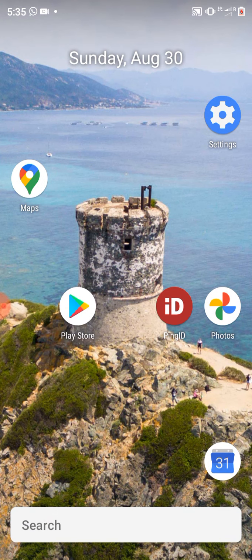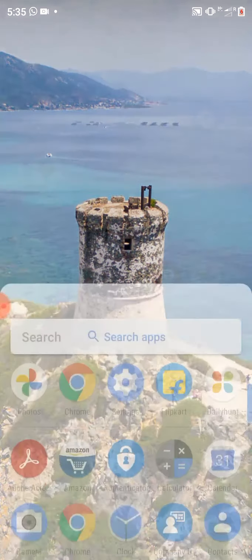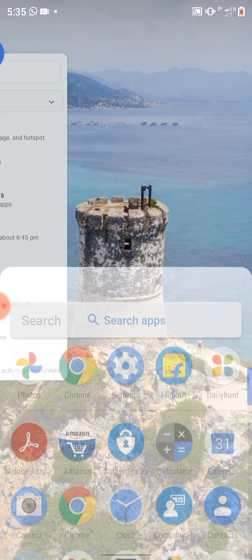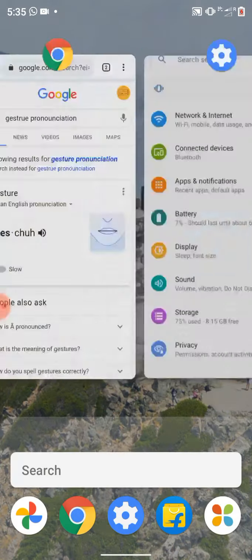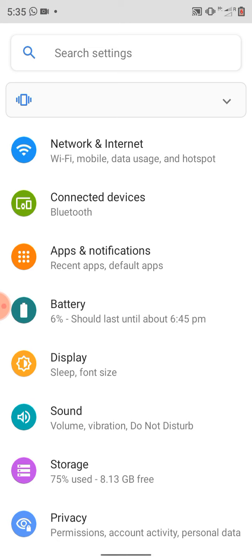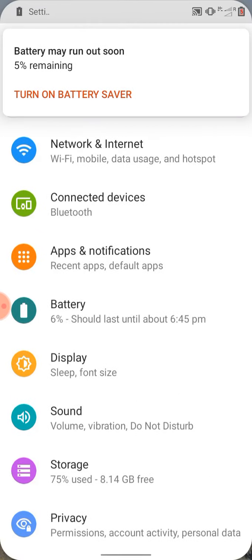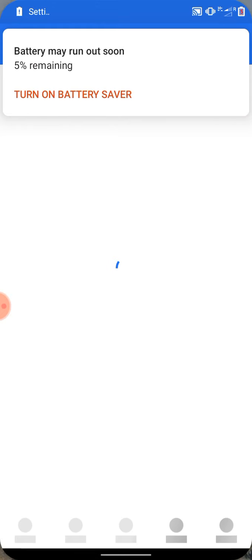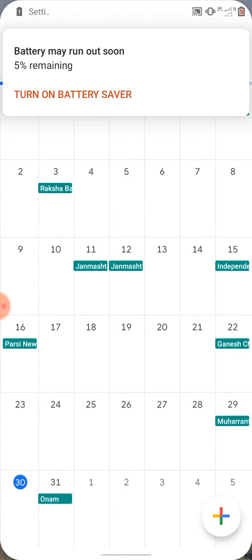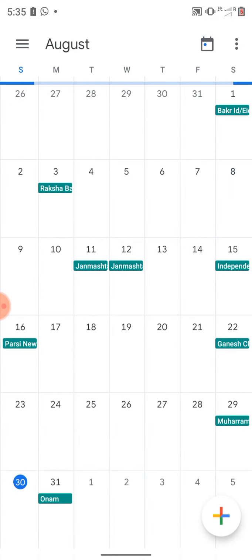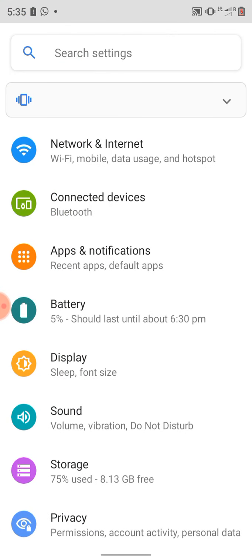And also if you want to go to recent apps, means you need to swipe from bottom up to half of your screen, then recent pages will open. Then you can select which one you need. Like this you can go to recent pages. And also for going to a recent page, you need not open recent pages. At the bottom of the screen you can swipe left or right, then the pages will change like this. Whichever you want you can go without opening recent pages like this. This is a good option.